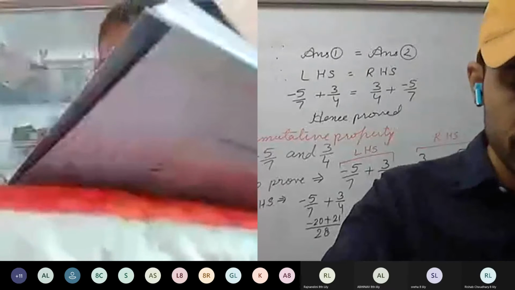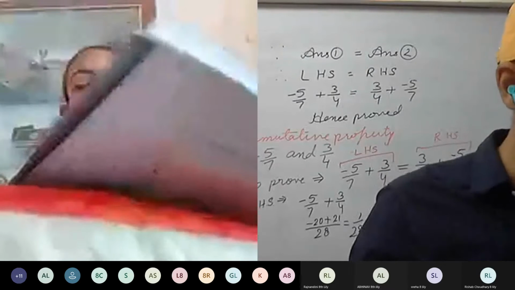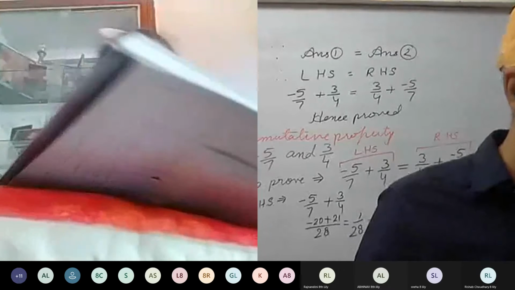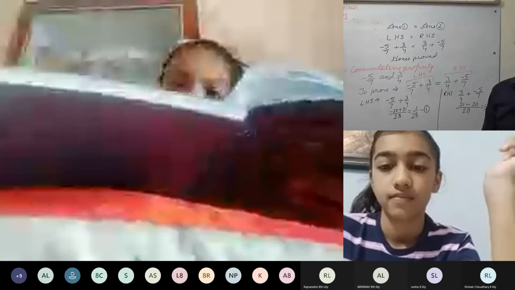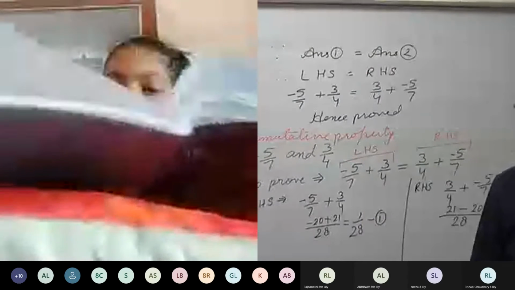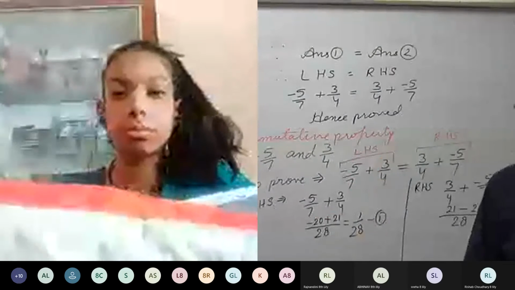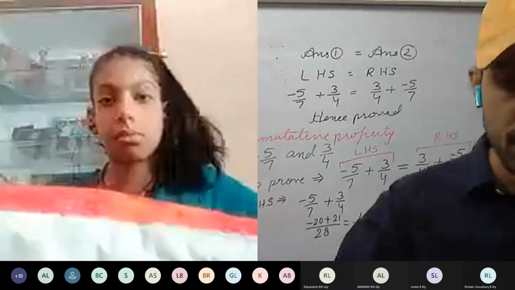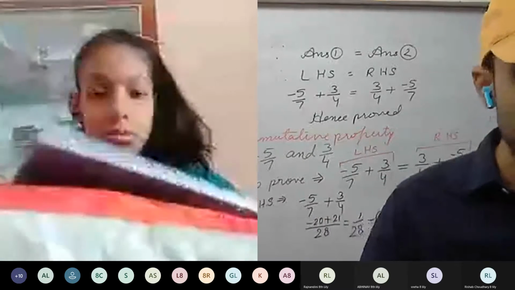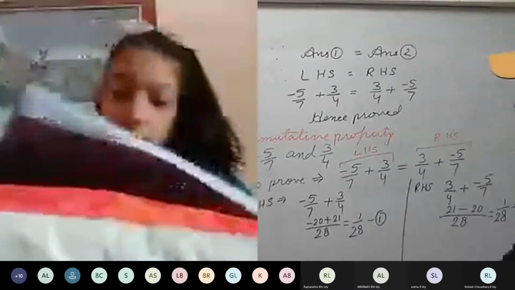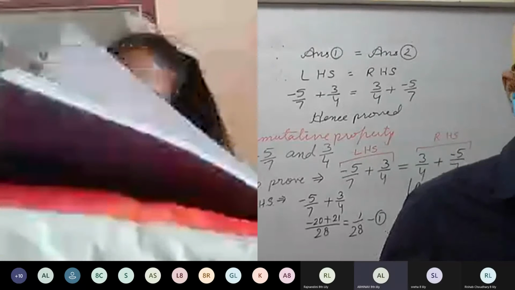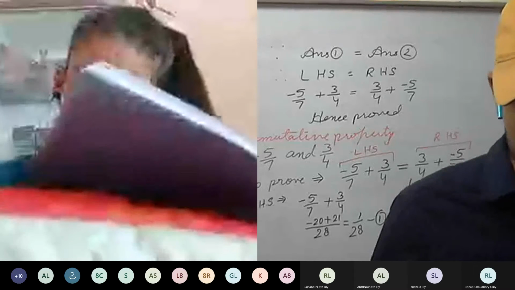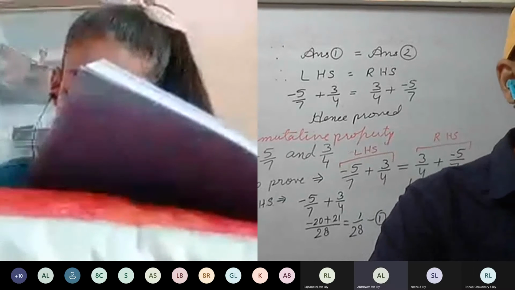Up to the third question, try to solve. You have a holiday as well. So till the third question of the first day's exercise, complete them. Verify the commutative law of addition. Next time we'll discuss the associative property and other things. Do complete it by Monday. I'll ask some students randomly in class to send pictures after 1 p.m. on Monday. Some students I'll select and ask, so you have to send. Complete your work up to third.